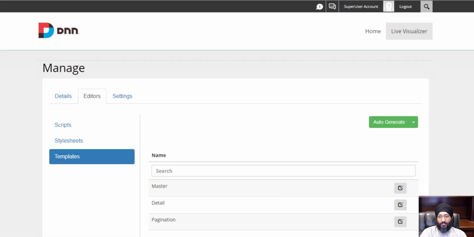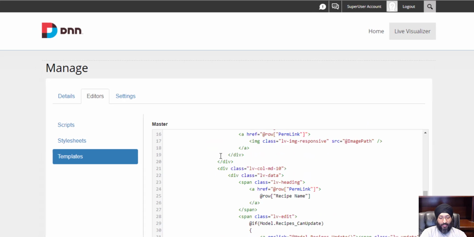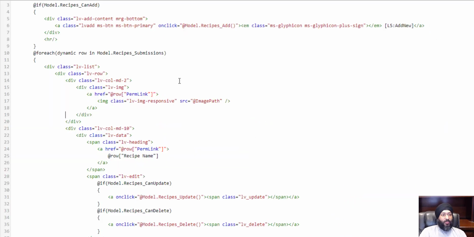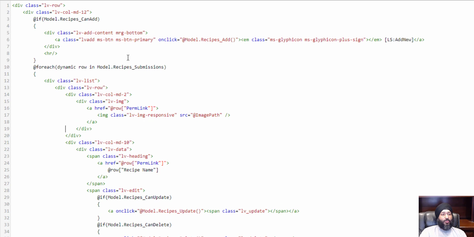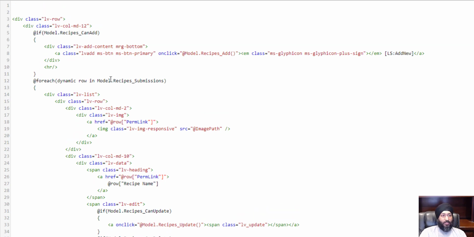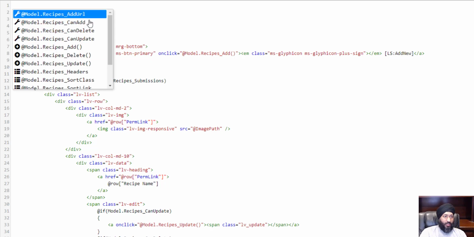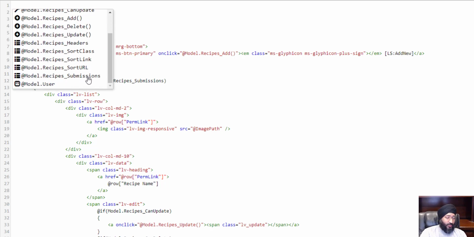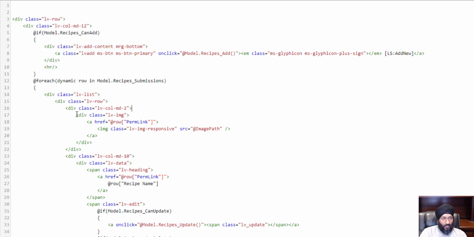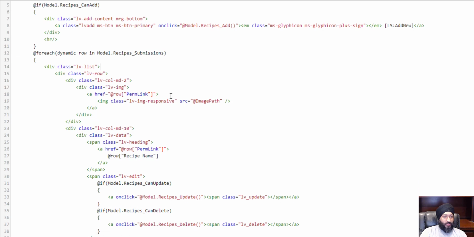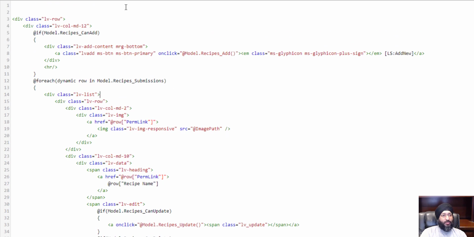Alright, so let's jump back to something more simple. Let's go back to list view and back to where we were looking. Okay, so like I said, the most important thing here is probably the model.recipes, because that is where, I mean model.recipes.submissions, because that's where our actual recipes are. So what we're doing here is a simple for each, showing all the recipes. So let's start with a simple template instead of something so complex. Let's do a simple UL